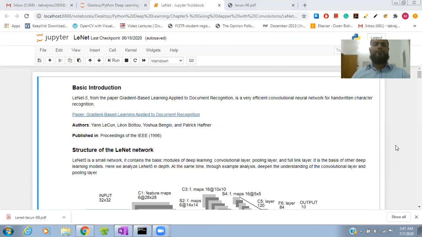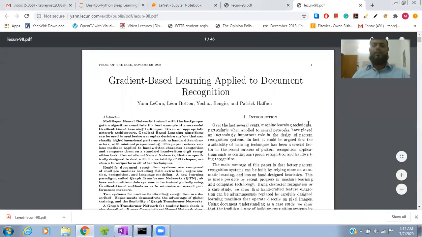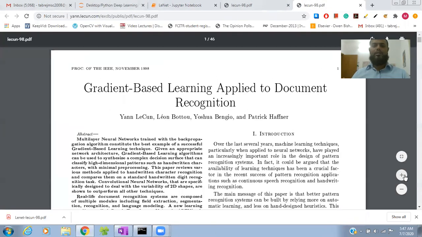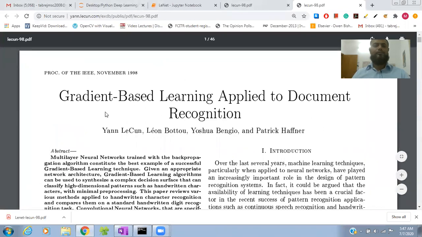So basically, this is research done by three authors. Just open the research paper. This is our research paper, Gradient-Based Learning Applied to Document Recognition.